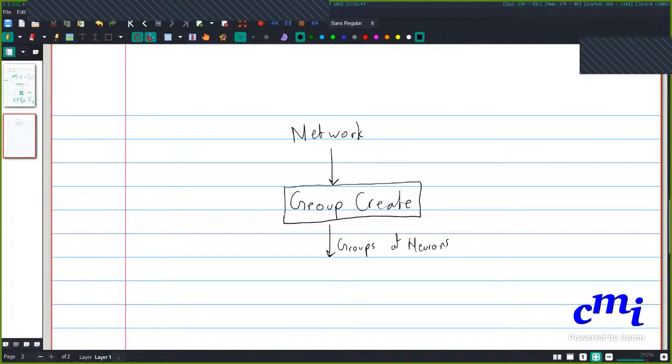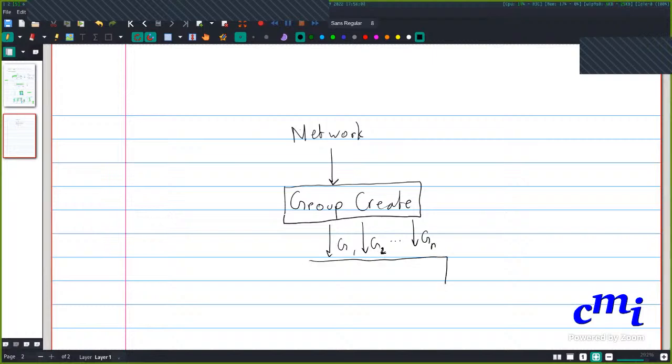It's going to create multiple such groups of neurons, right? So we're going to get something like G1, G2, and so on, up till let's say Gn.